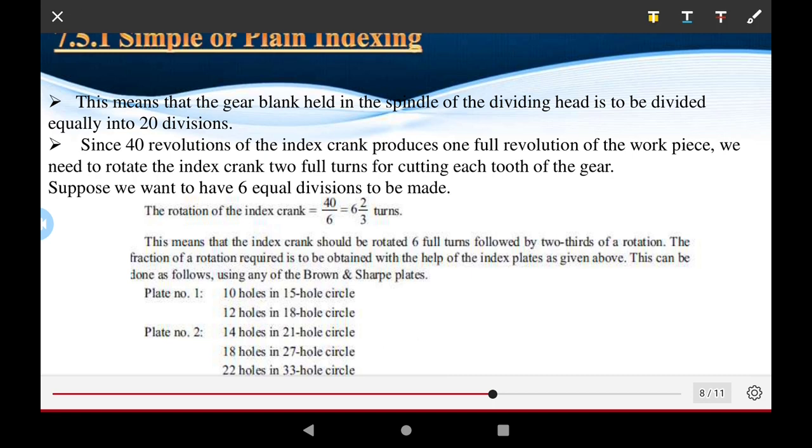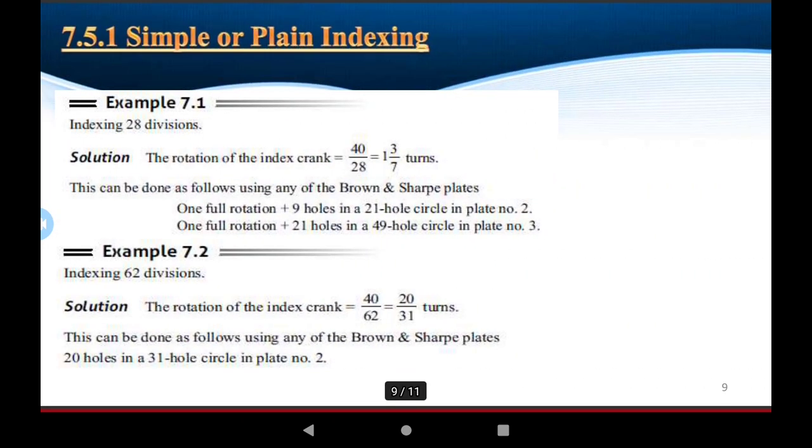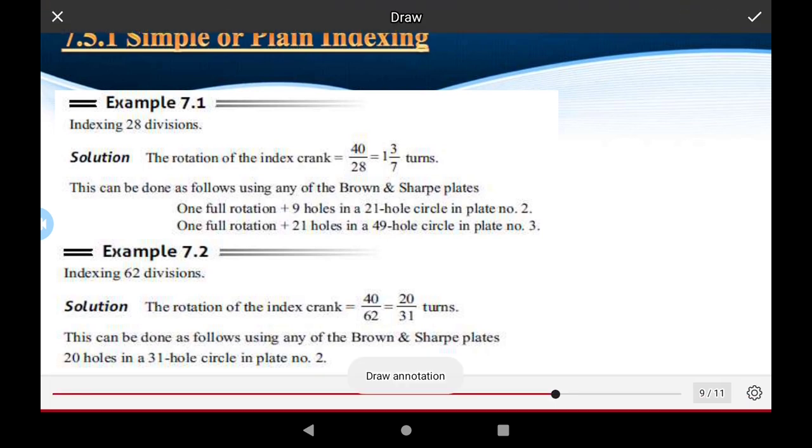All the circles are provided for the indexing. This formula is used to solve small problems, for example indexing for 28 divisions. This is a very short problem, okay. Indexing the 28 divisions, okay. The solution for the rotation of the indexing crank,